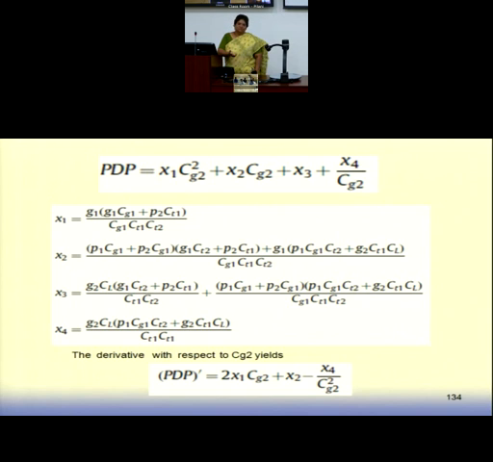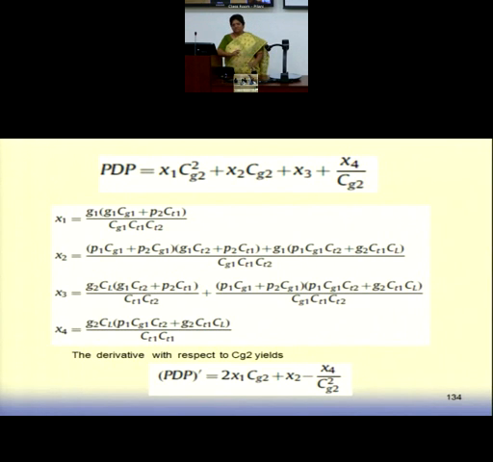And once CG2 is known to you, you can estimate the width. You can design the gate accordingly, so that gate will give you a minimum PDP. That path, now with two gates, gate 1 and gate 2, will have a minimum power delay product. That is guaranteed. Now if I go for the logical effort model, I will get a minimum delay. And if I go for only minimum power, I will get a minimum power.